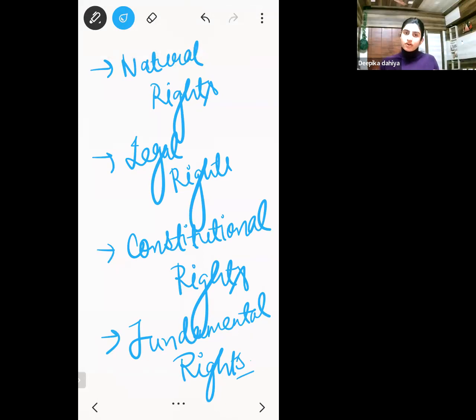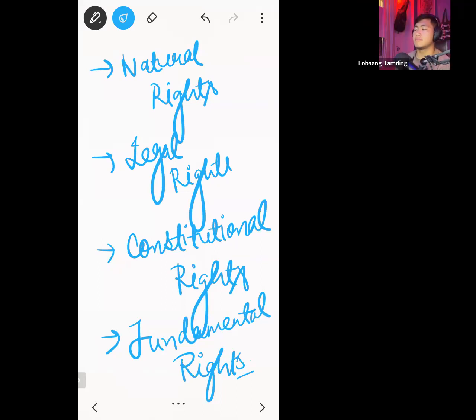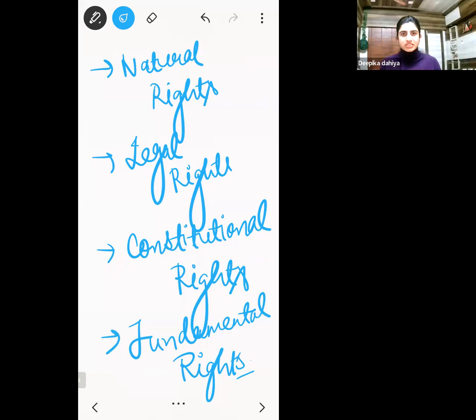By nature, we are all equal. So, right to equality is actually natural. Right to life is natural. All those rights which the nature has given us. Now, right to employment, right to equality in employment, is that natural? No, ma'am. Somebody is worthy of doing something, somebody is not worthy of doing something. So it is your construct, right? It's not natural.